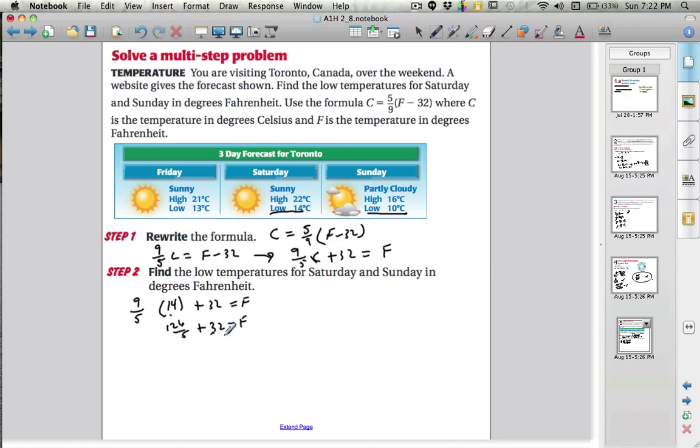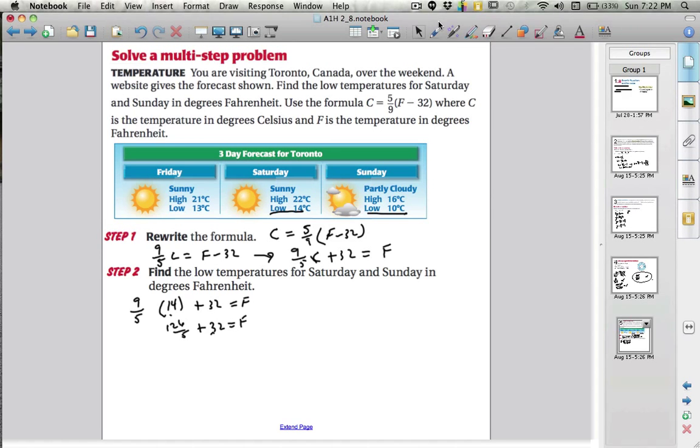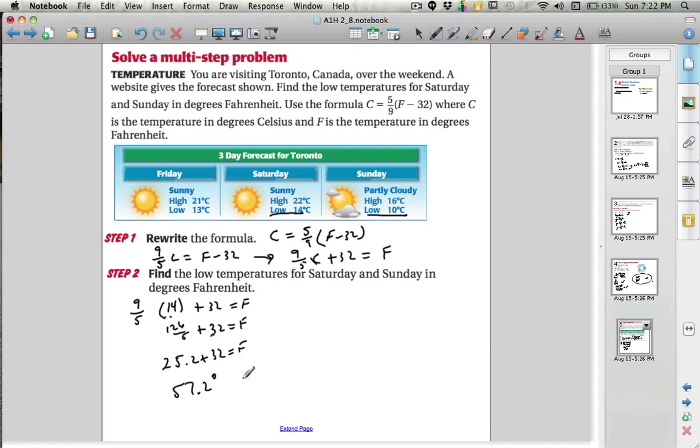I'm going to do it as a decimal, that's really more likely what we would do. So 126 divided by 5 is 25.2. So we'll have 25.2 plus 32, and that's going to be 57.2 degrees